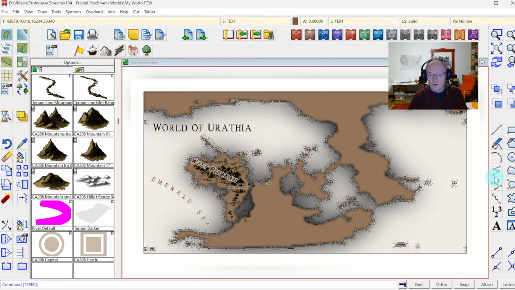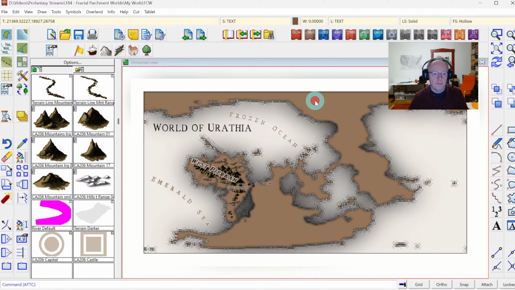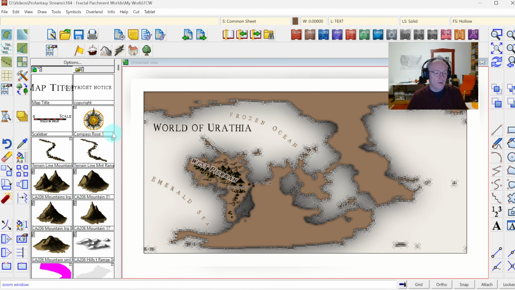So I can go in, draw a line along here and say draw text along a curve and say this is the frozen ocean. And so on. I think I've got the compasses here. What I wanted to show you is the